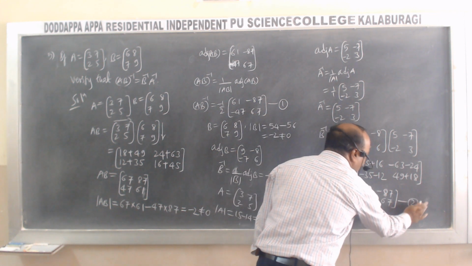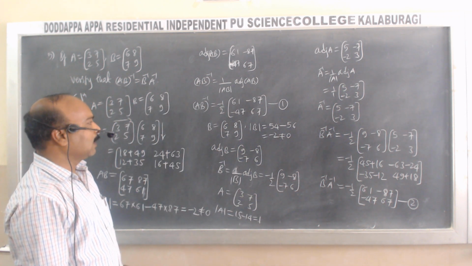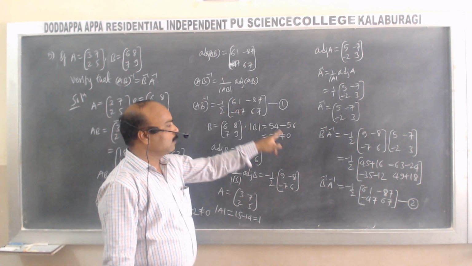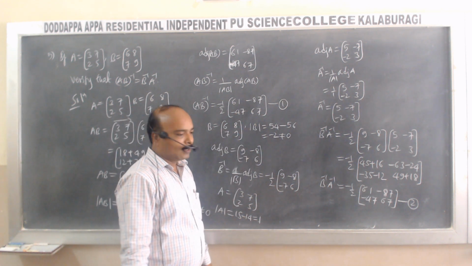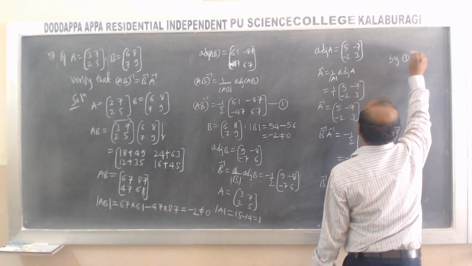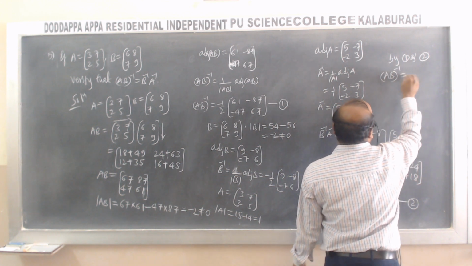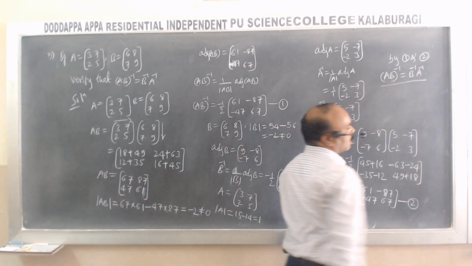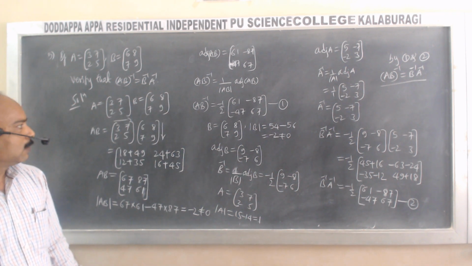Call this as 2. Now we observe from 1 and 2. Here the right hand side values are equal, that is minus 1 by 2 into [61 minus 87; minus 47 67]. Both are equal. Hence, left hand sides are equal. Therefore, we conclude that AB whole inverse equal to B inverse into A inverse. So this is the proof of the result by using inverse of the matrices. Take the solution.